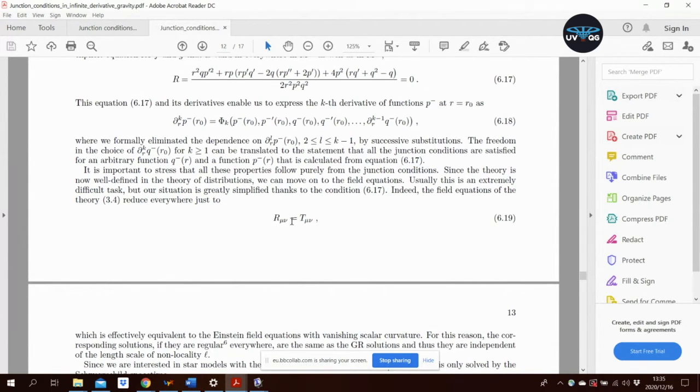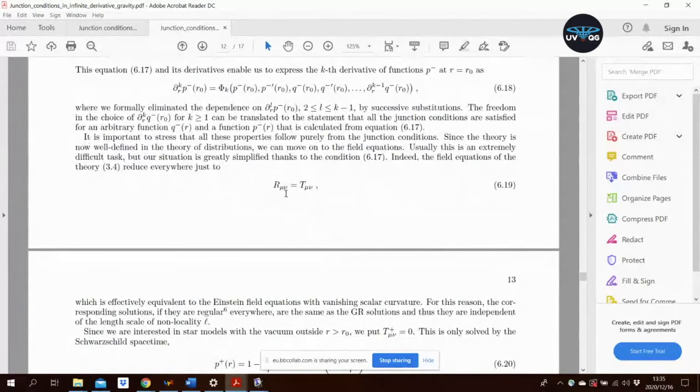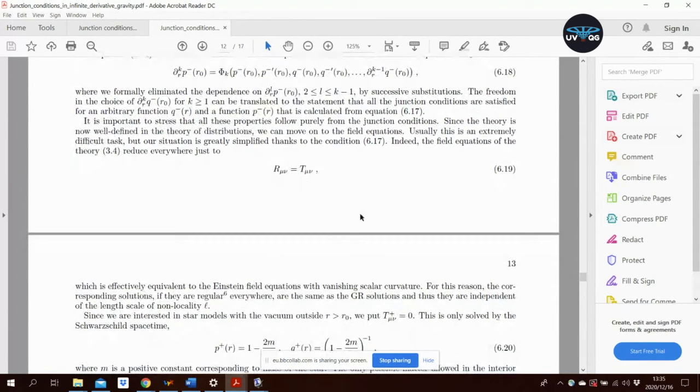And if you solve this, you can have a solution for the interior that can be matched with the exterior. But you need to be careful, because the corresponding solutions that you find have to be regular. Because if they are singular, you have to be careful with that,